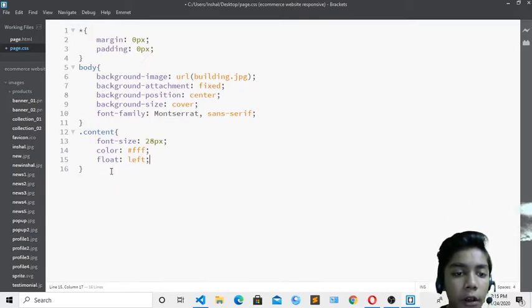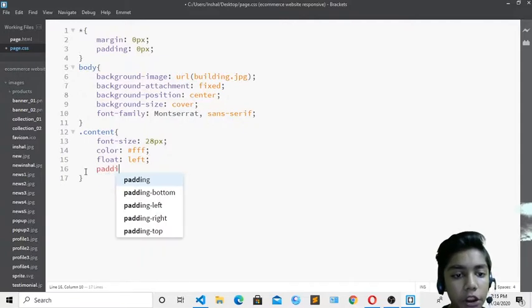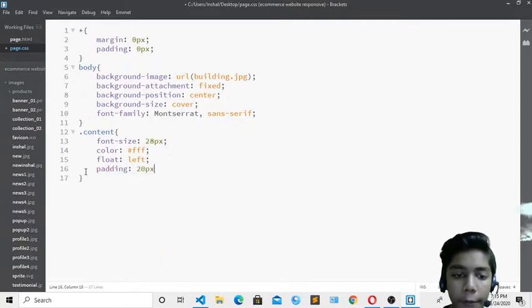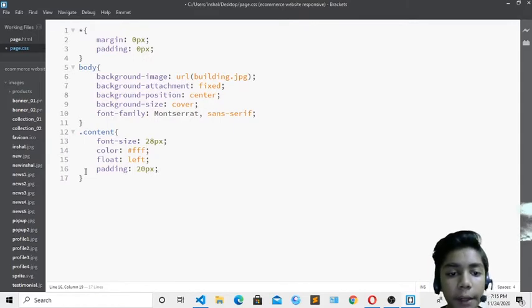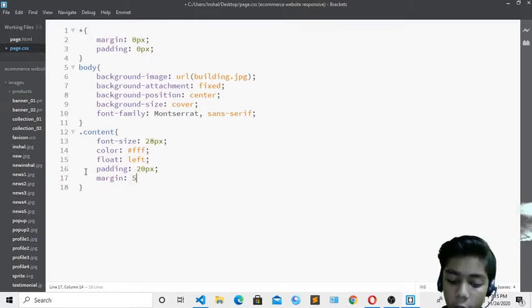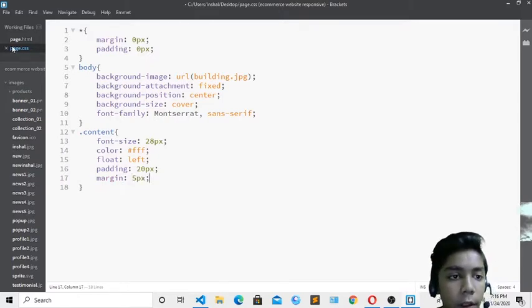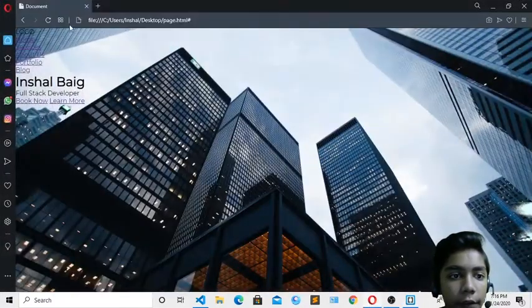And it will not change its position. So it will be position fixed, like we have done with our background image. Now I will write padding, which should be 20 pixels from above, because it is stuck on the top side. And I will also define the margin, because I want some space over here also. So I will save that, and if I show you in the browser, I come over here and hit refresh.